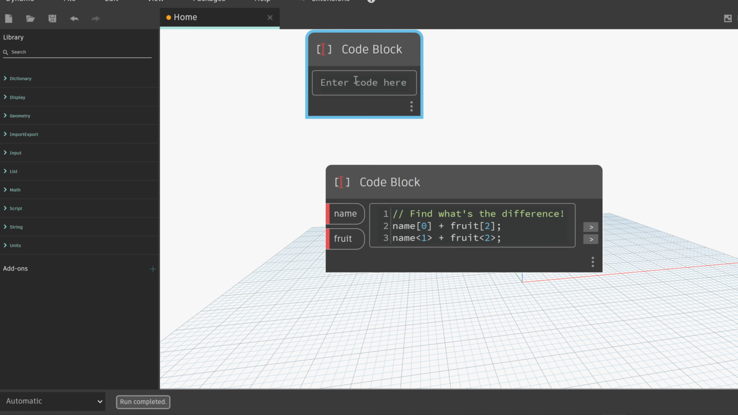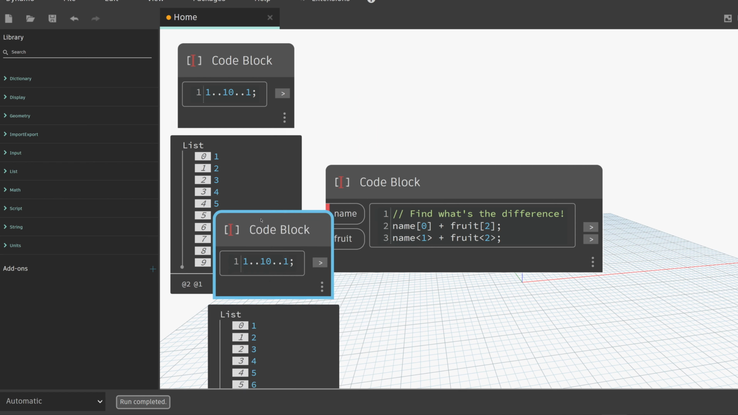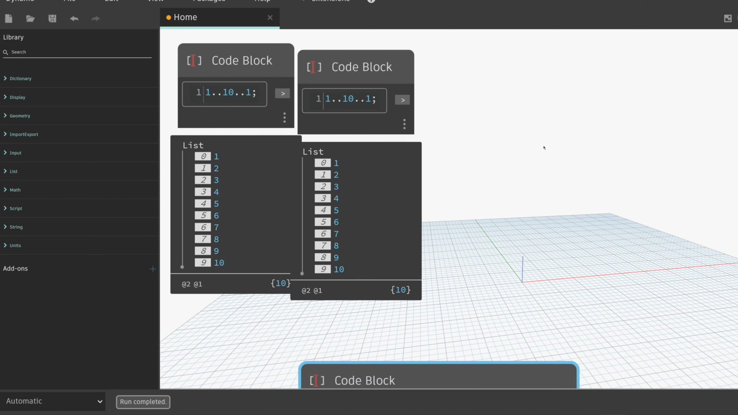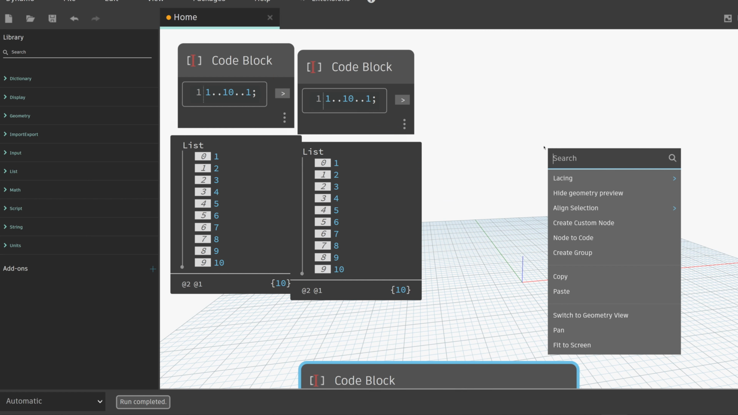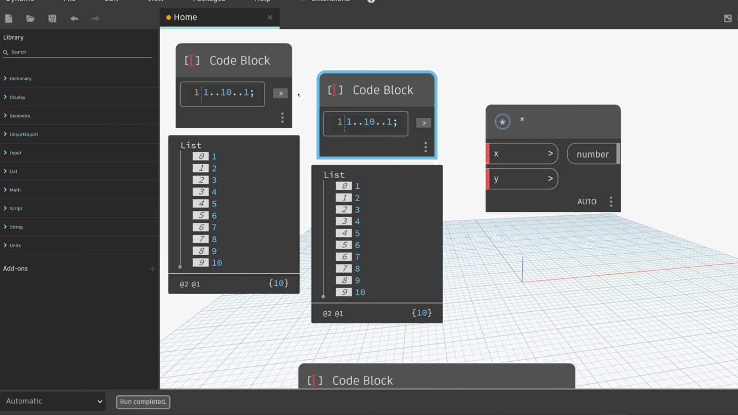So I will type a range from 1 to 10, and then with a step of 1, and then we have here a list of numbers, and then I can take this list. For instance, I will duplicate it just for this exercise and multiply it. So for instance, if we take the first one and the second one,